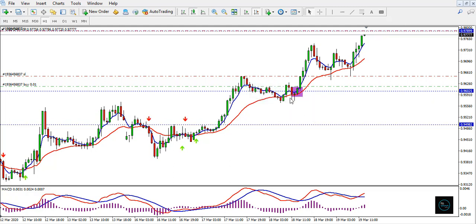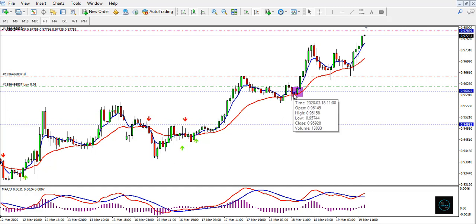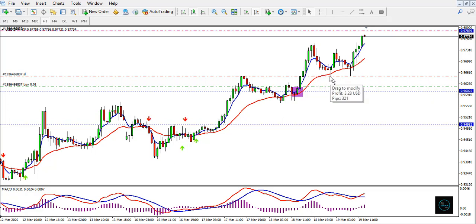So this is a dip in an uptrend. You buy the dips in an uptrend and you sell the rallies in a downtrend, and that's what I did here. Initially I placed my stop here, and when the market moved in my favor and I came to check the charts later, the market was somewhere in this region. I allowed the market to do this undulation first before I moved my stop up.